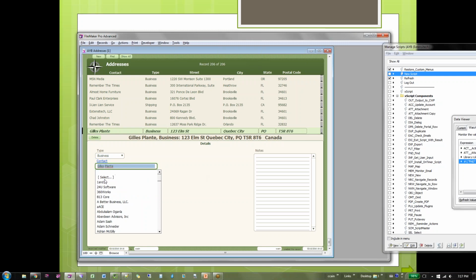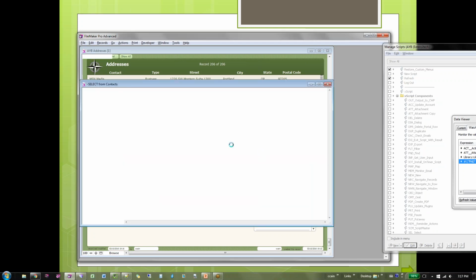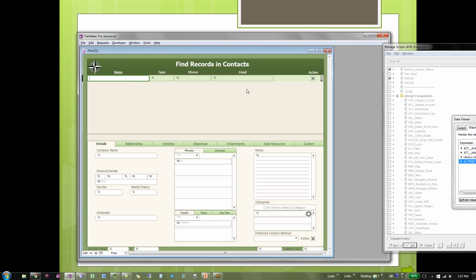Also, you notice this first option is select. Let's say I'm not exactly sure what the person's name is. I can say select, and it'll say, do you have any criteria? I can say, well, I think there's an AS in his name. And here's all the records with an AS. I can even do a find, and I can search by phone number, I can search by email address, I could search by their middle name, whatever.